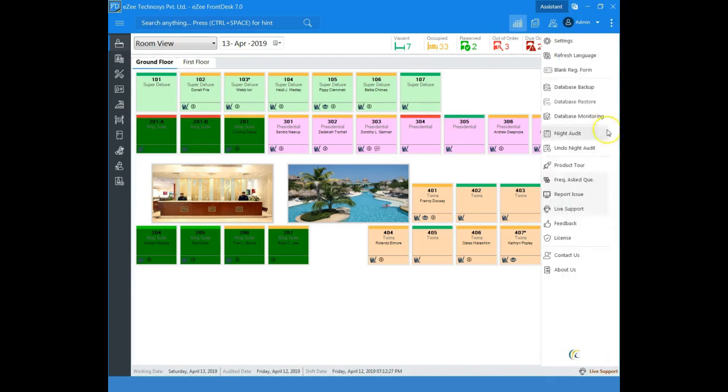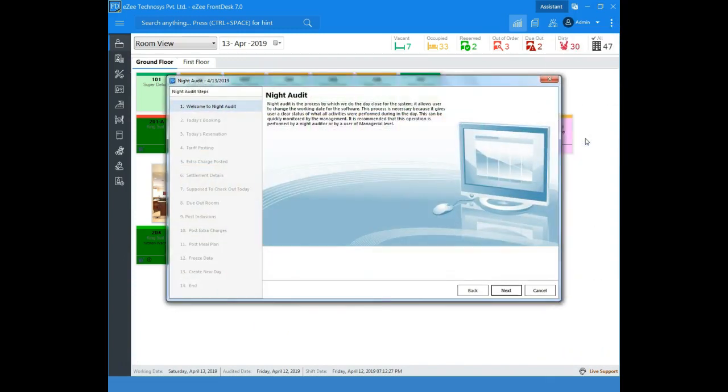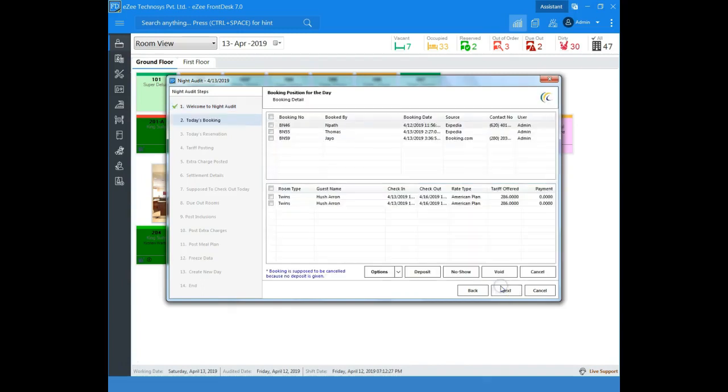Click here and select night audit to start the night audit process. In the first step, it explains what is night audit and its importance. The second step shows the bookings which were supposed to arrive on that day, but still the check-in is not done in the software, and the possibility would be either the guest would have cancelled the booking, and the user forgot to cancel the booking in the software, or the guest might have not showed up. In such scenarios, the user has to cancel the booking or mark the booking as no-show. If the guest has not shown up, then only the software will allow the user to proceed to the next